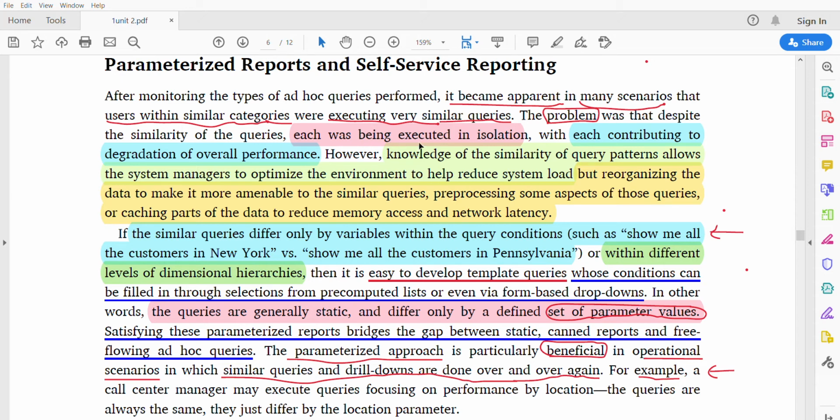Though we have knowledge of the similarity of the query patterns, it allows system managers to optimize the environment to help reduce system load, by reorganizing the data to make it more amenable to the similar queries, pre-processing some aspects of those queries, or caching parts of the data to reduce memory access and network latency. To avoid all these,